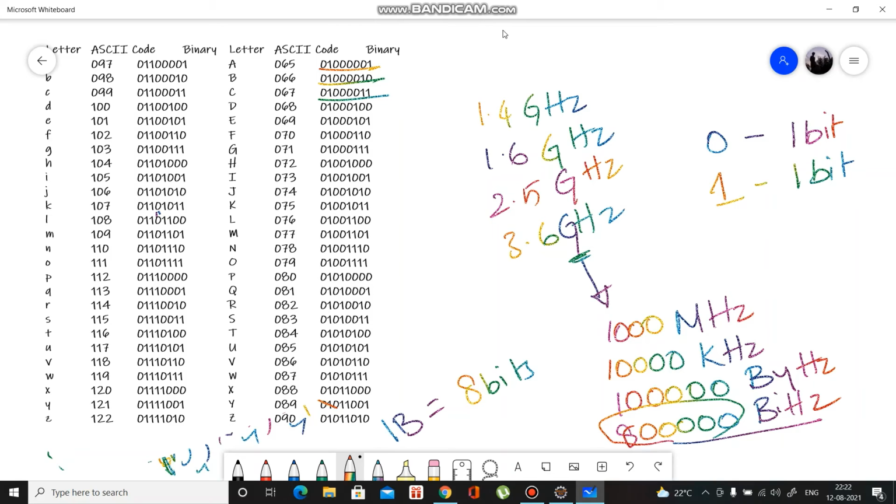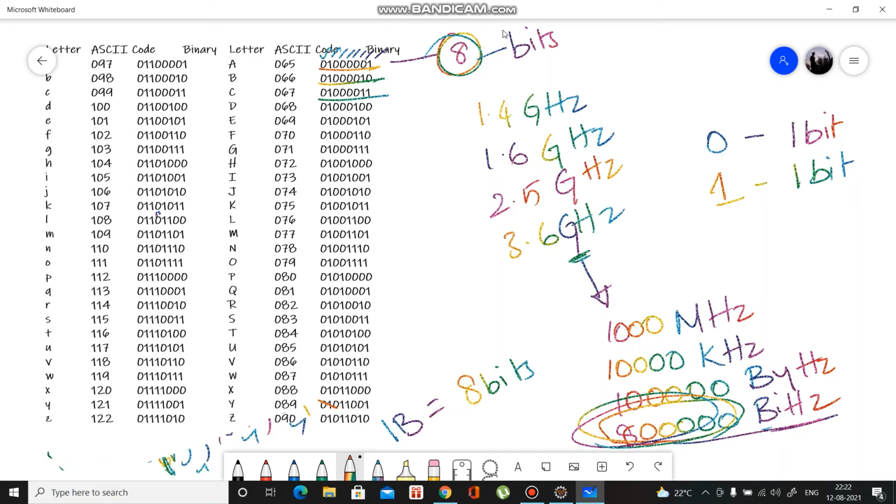Just think of it: 1 2 3 4 5 6 7 8, it's just 8 bits, but it can calculate up to 8 lakh bits in 1 hertz.